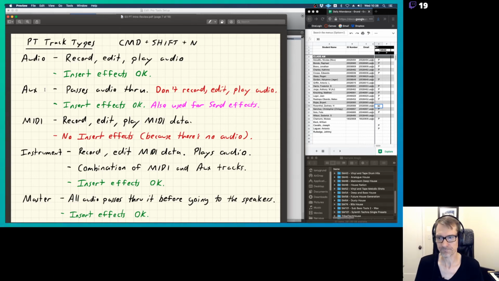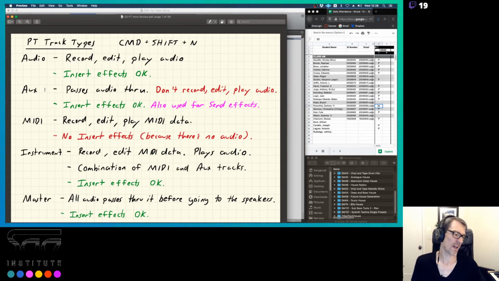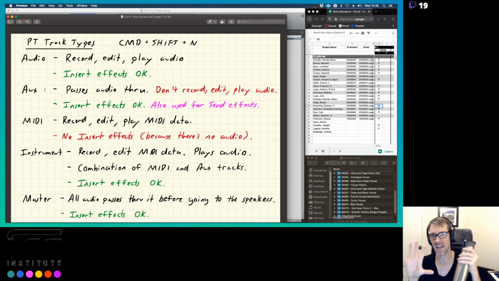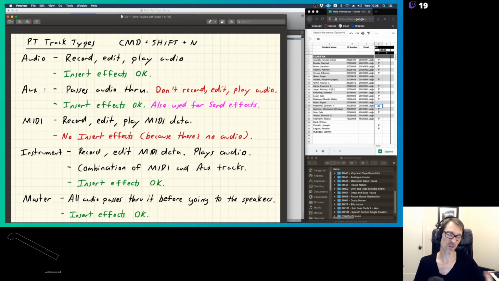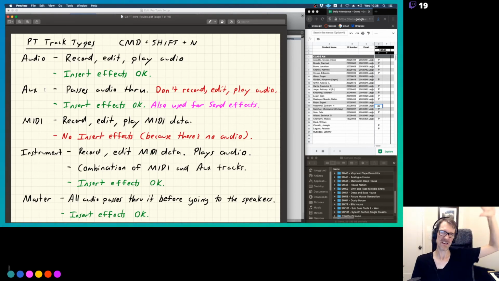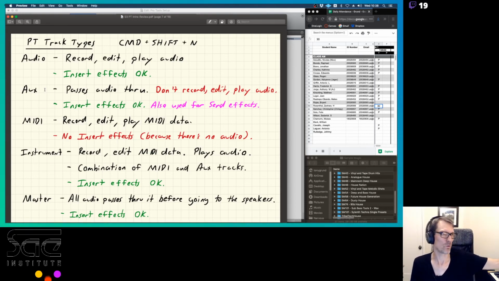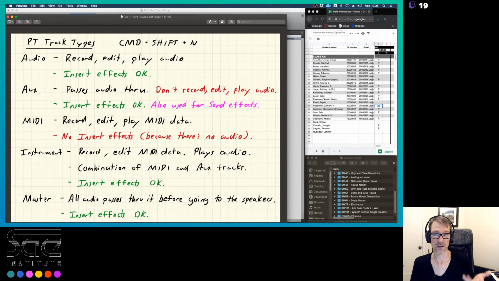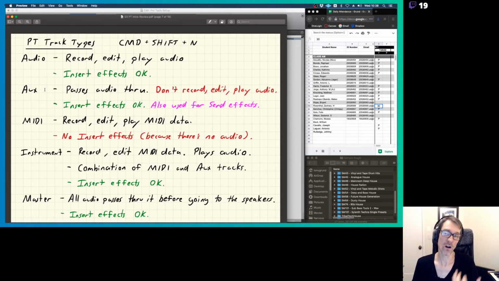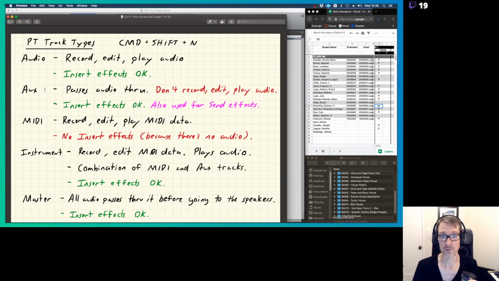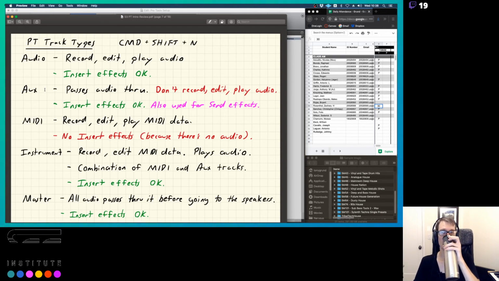I kind of think of the aux tracks as like the secret that the professionals know that the amateurs don't really know. The professionals understand how important aux tracks are. The amateurs don't. They kind of have this idea that's like, wait, I feel like I'm missing something. Like, why do my mixes not sound as good as these other dudes? And the reason is because you haven't learned yet how to harness the power of the aux track. But don't worry, we will do that. We're going to learn how to harness that power